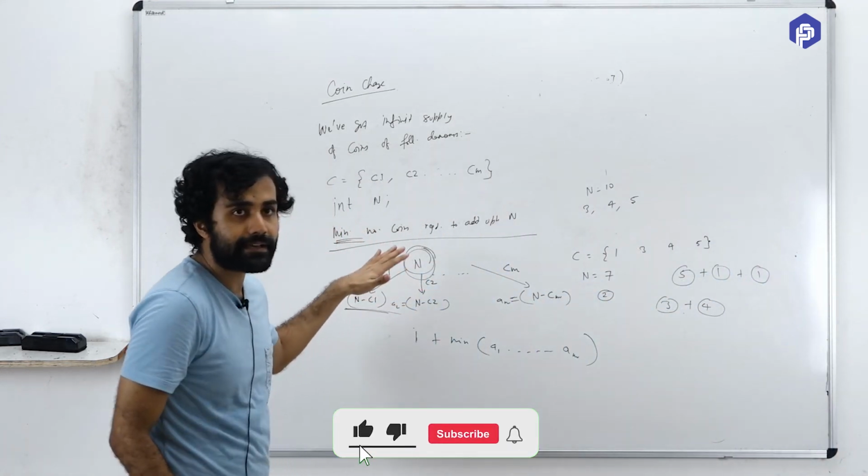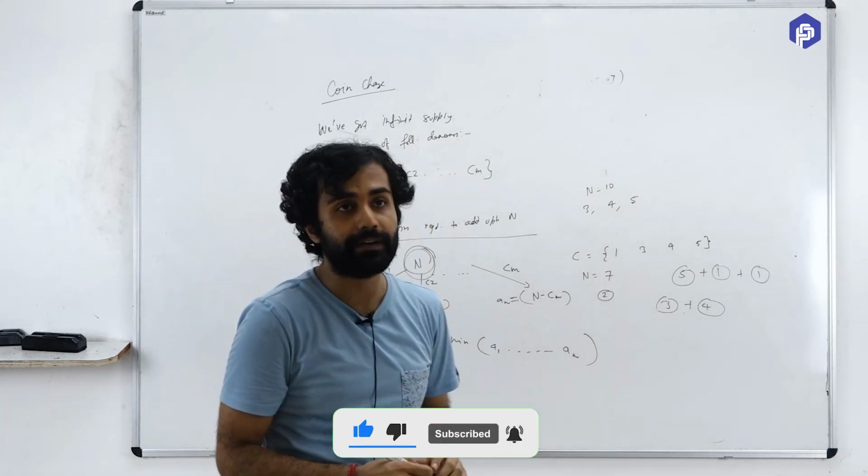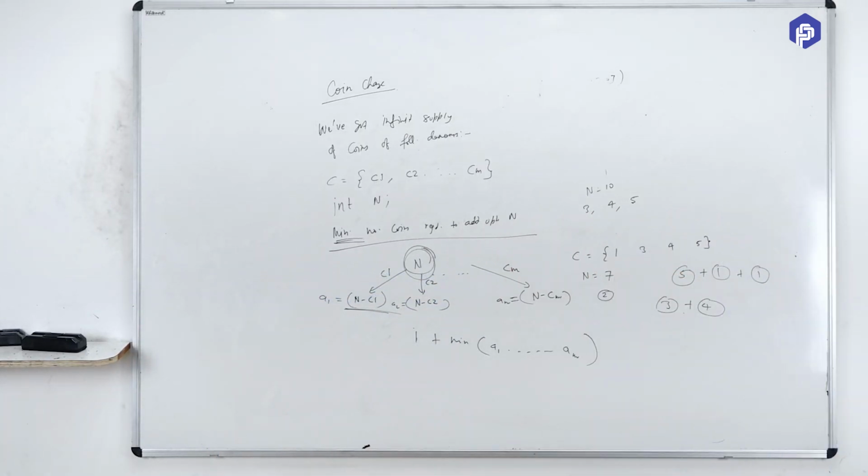Okay, once I have said this, can somebody quickly comment on the time complexity before I go ahead and even solve it? How many states are going to be there? N states are going to be there. And from every state there are m transitions. That means that to solve any problem, order m time is required. So it will be order of n into m.